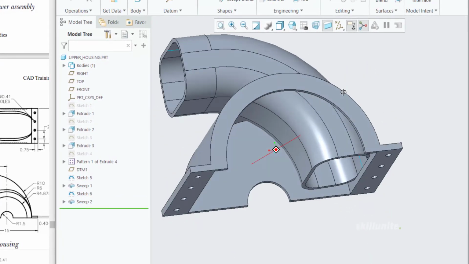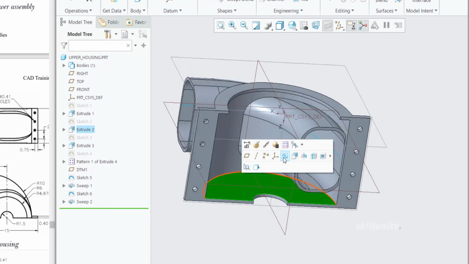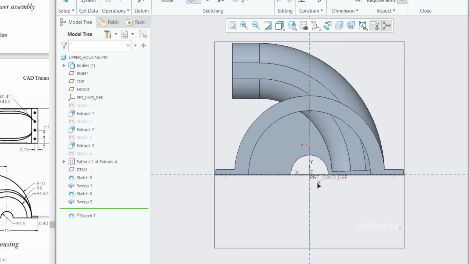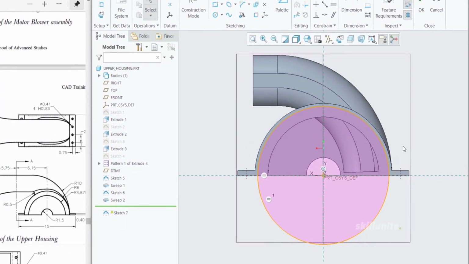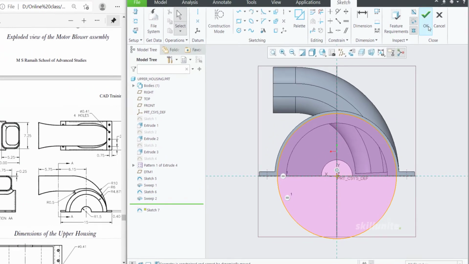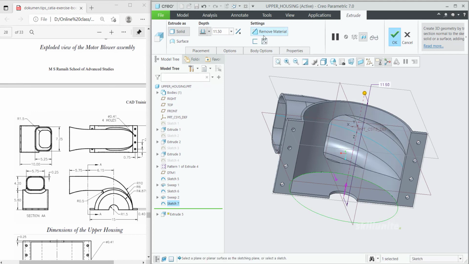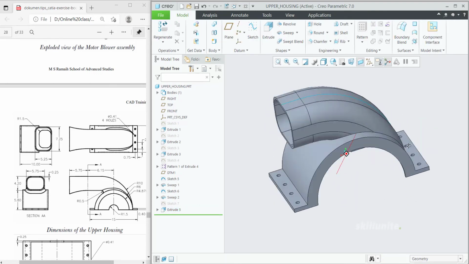So after this, the shape we need to remove. Simply click on this face over there and go to sketch option. So make the same circle what we have already done. Okay. So I think already it is taking coincident constraint or equal with respect to one of the edges what we have. So click on remove material and choose the same distance, that is 7.5. So then you will get the shape like this, because it should come as open.